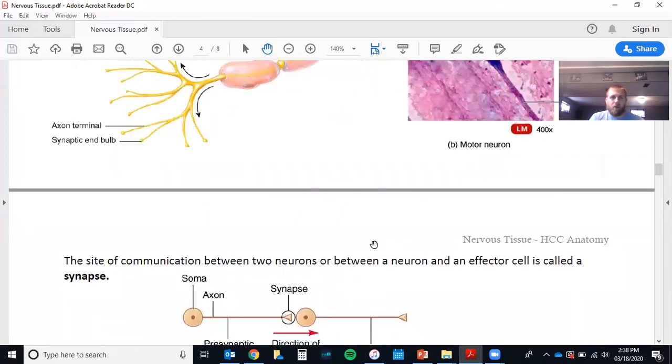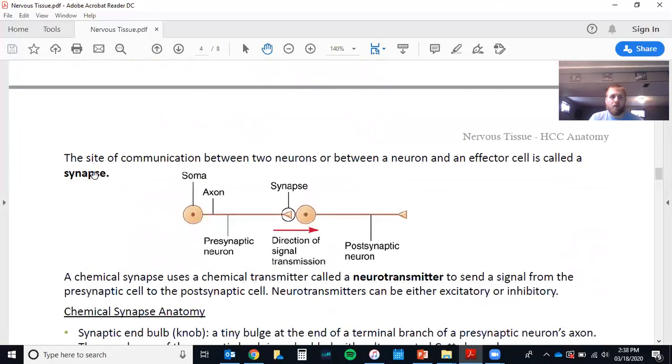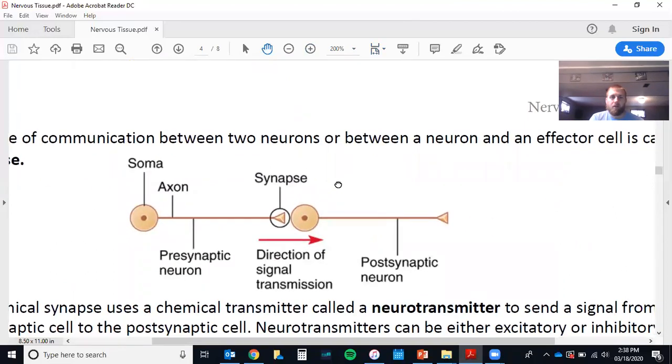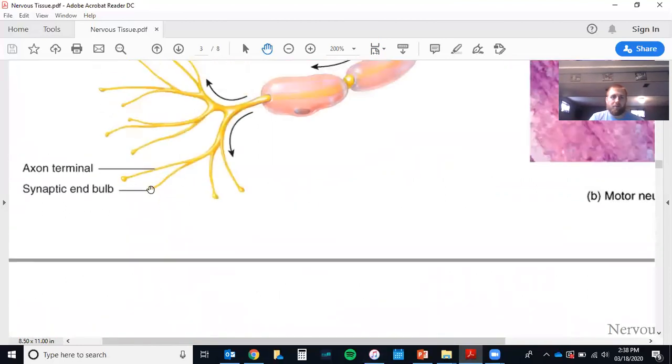Okay, what I want to do on this next page is talk about the point where one neuron ends and another begins, what we call a synapse. We can describe a synapse as the point of contact, and I would use the term contact with air quotes because it's not actual contact between two neurons. It is where two neurons communicate by way of chemical messengers known as neurotransmitters released from the synaptic end bulb